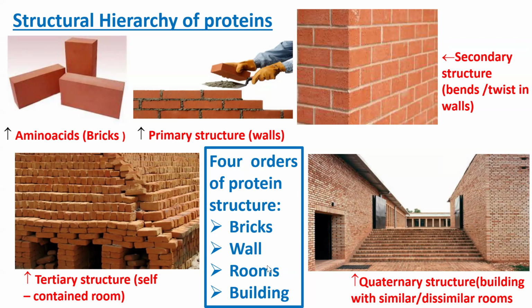And then the wall is the primary structure. Bent and twisted walls are the secondary structure. And then the tertiary structure is a self-contained room, because all the bonding that happened is a result of some basic interaction between